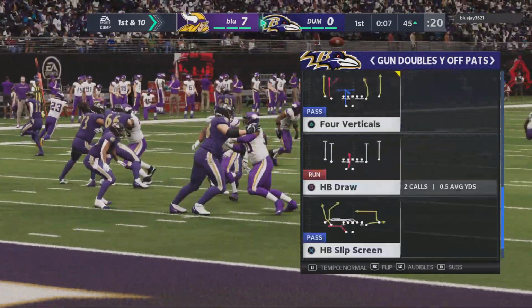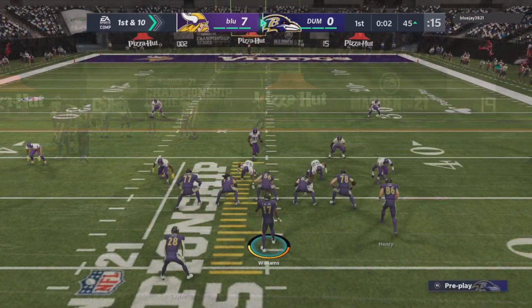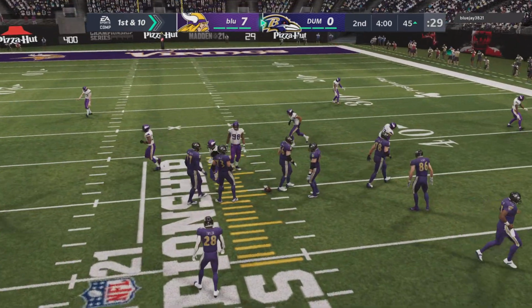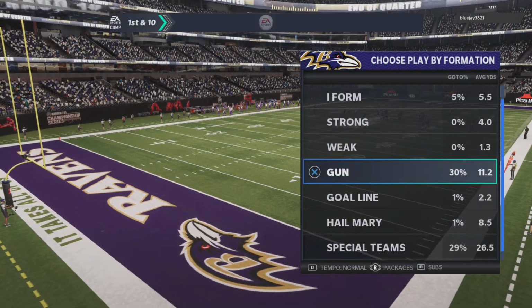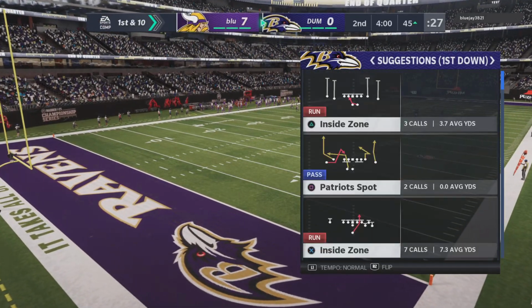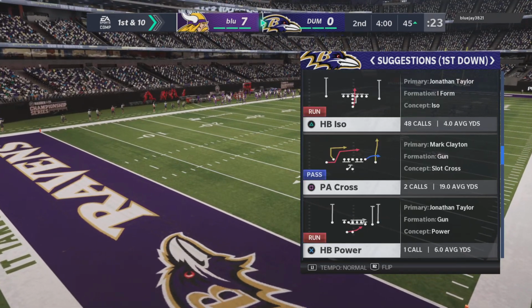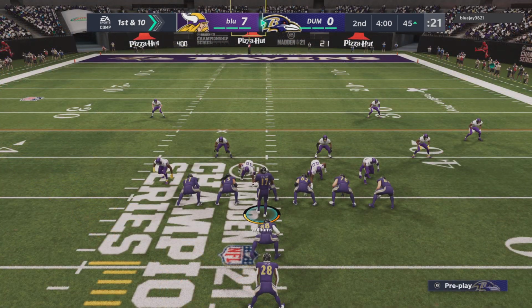Circle round twice for the encore. If you know, you know. After one, 7-0 on EA Sports. Vikings 7, Ravens nothing. I got homies that can stick with